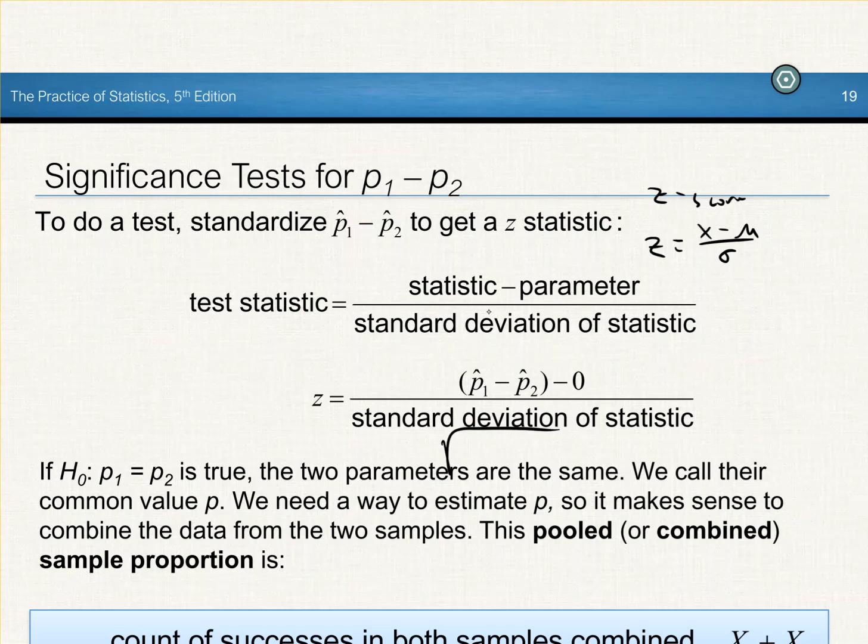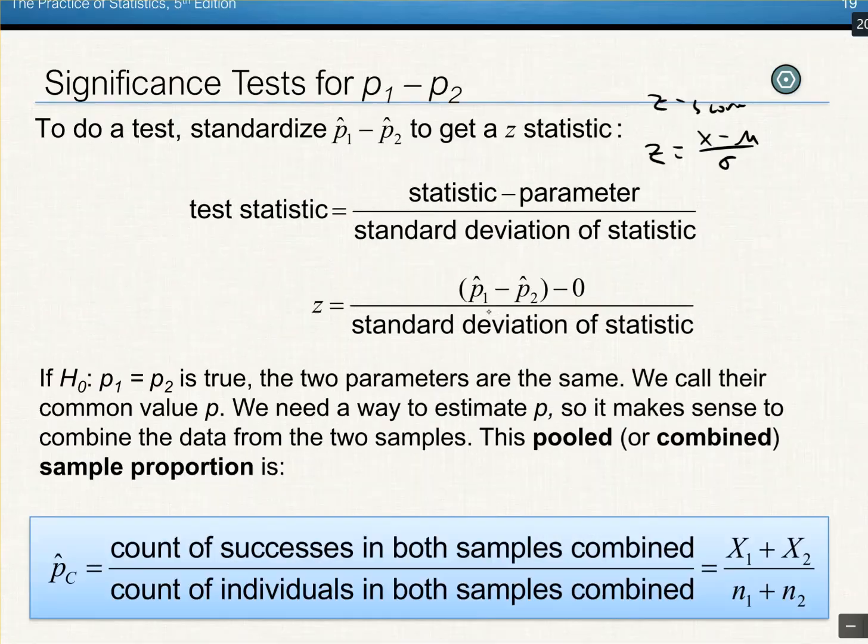We're going to do a little bit of additional calculation here for the standard deviation, though, because